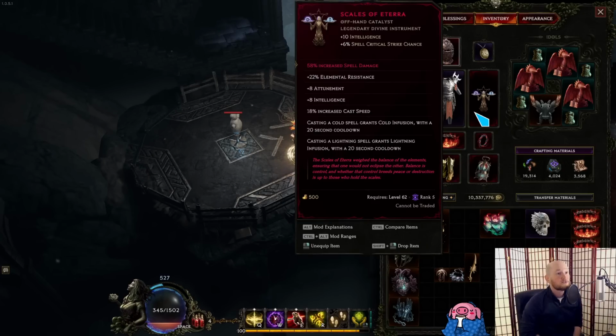So what are we using Scales of Eterra for? Well, we're a cast speed build, and this item is a unique that has cast speed on it, which means ideally, with LP, you'd like to put more cast speed on it. So the reason this is so tedious to farm is, one, it's kind of rare. Two, you want the 6 implicit, and you can't craft it, so it has to drop naturally with a 6 implicit. It also needs to have the fire and...